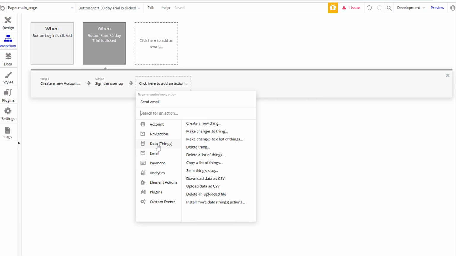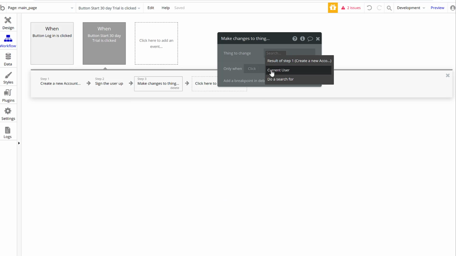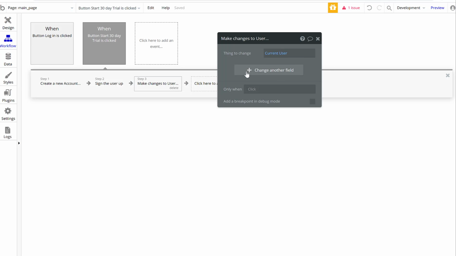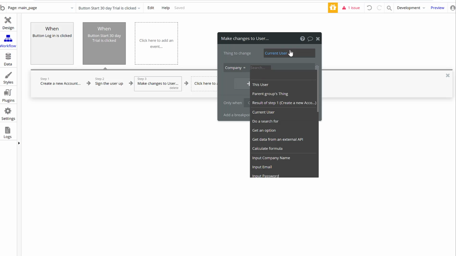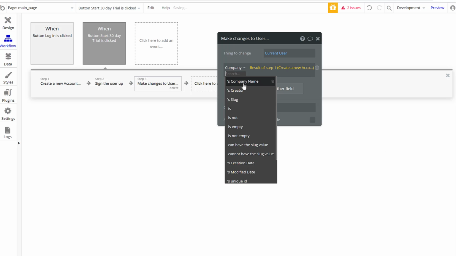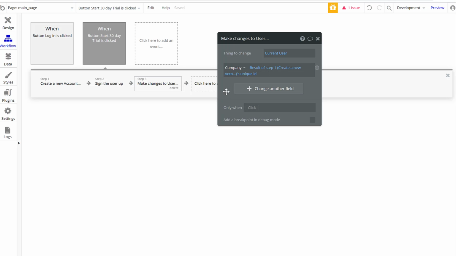I will make changes to a thing, and the thing I change will be the result of step 1, create a new account, current user, field will be company, text. And what I need there is their company to be the result of step 1, create new accounts, unique ID. So basically,